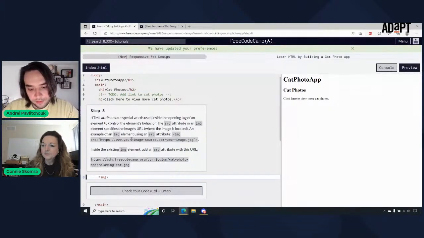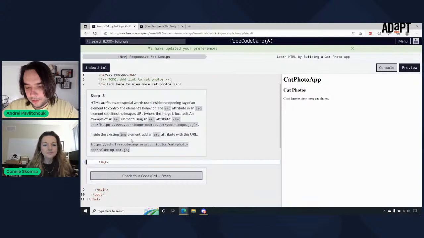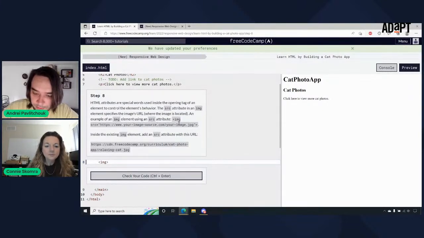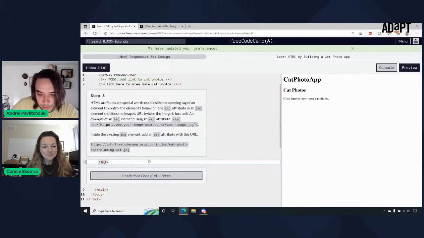So the next one is HTML attributes are special words used inside the opening tag of an element to control the element's behavior. The source attribute in an image element specifies the image URL where the image is located. An example of an image element is using a source attribute, so image and then source on a web page. So inside the existing image element, add a source with this URL. So I'm just going to do, so I've got the image tag. What I need to do is over here,